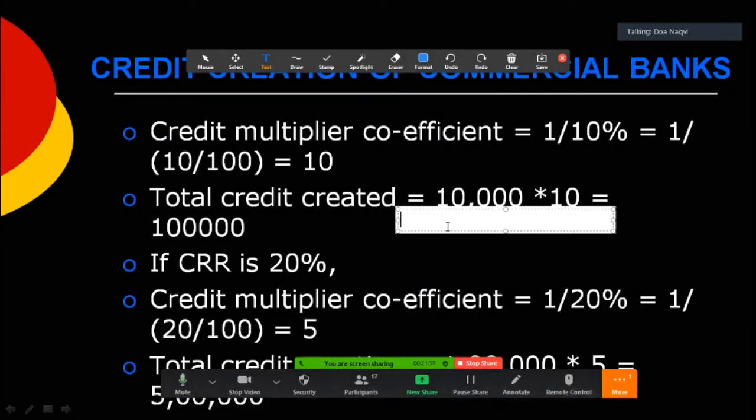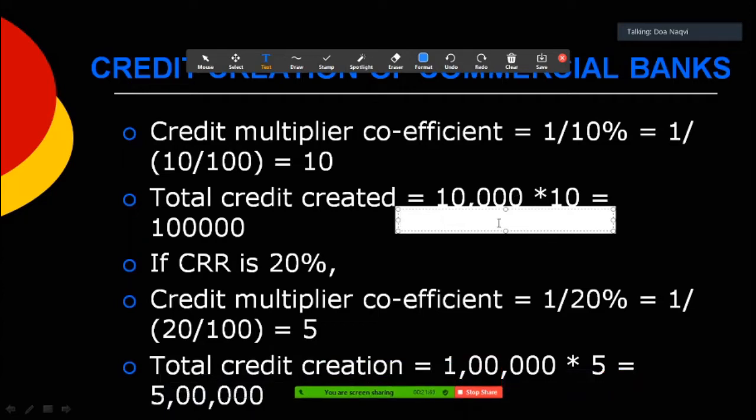In our case, the original deposit was 1 lakh rupees. So we have 1 lakh rupees into brackets open 1 divided by